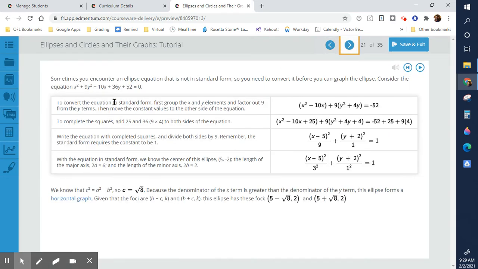All right. So if we're looking at this, sometimes you encounter an ellipse that is not in standard form. To do this, you have to complete the square. So in order to do this, let's say you have a weird shape like this, you're going to divide by